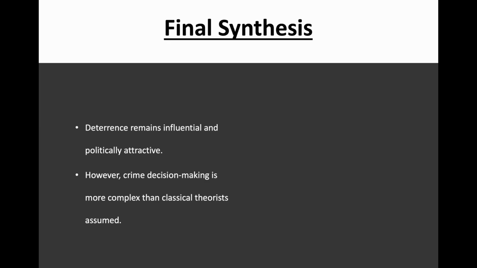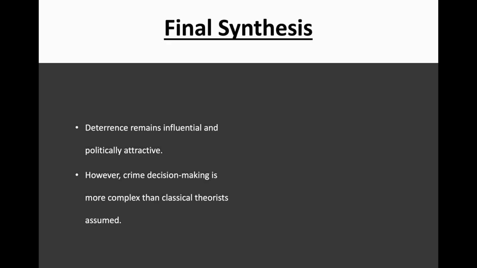But modern criminology also demonstrates the limits of purely rational models. People are influenced by emotions, peer groups, social structure, neighborhood conditions, developmental processes, inequality, and cognitive limitations. This means crime cannot be reduced entirely to simple cost-benefit calculations. At the same time, however, it would also be incorrect to dismiss rationality entirely. Many offenders clearly do respond to incentives, opportunities, and perceived risks. And this is why deterrence and rational choice theory continue to matter.